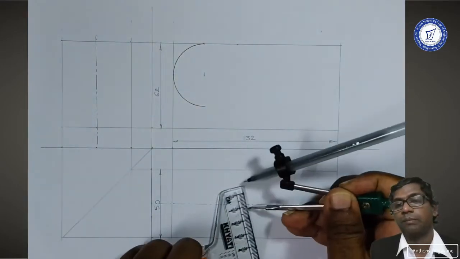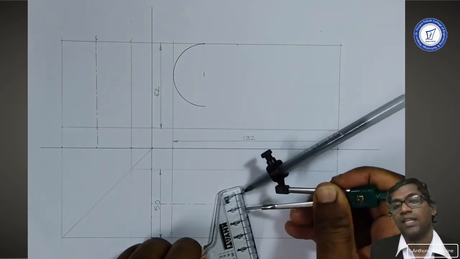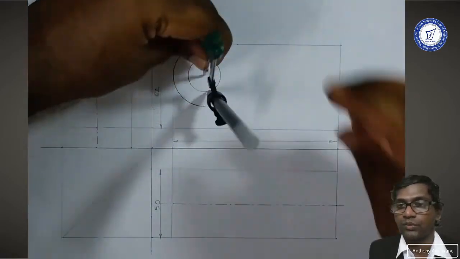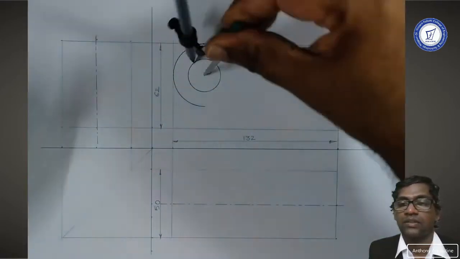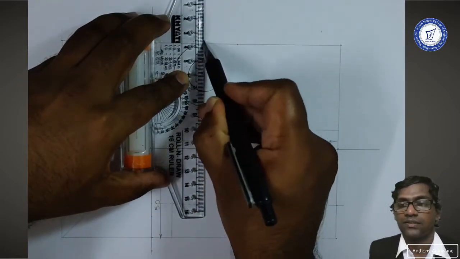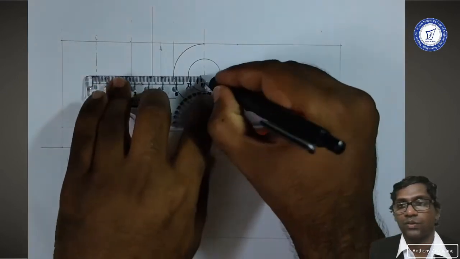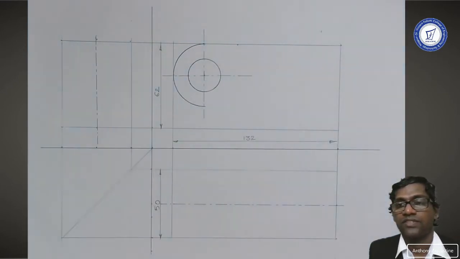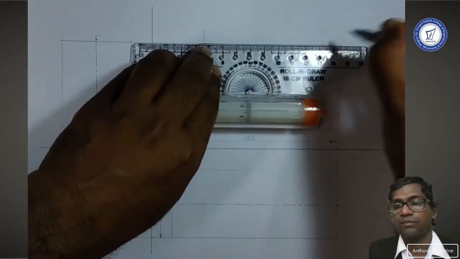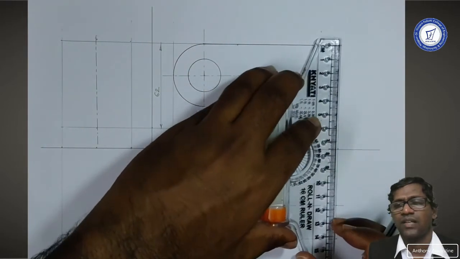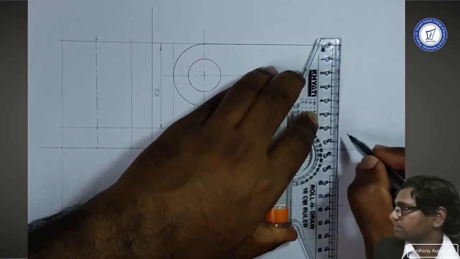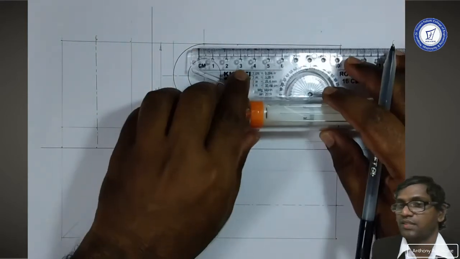Then I move on to complete the inner circle having a diameter 22. The earlier arc was of radius 22. This is diameter 22. Next, I move on to darken the outline. So I plot the outline. This is a 25 mm line, and then which I need to draw. Before that, I draw a center line. I draw the outline. So here you can see me draw the outline as per the given problem statement.